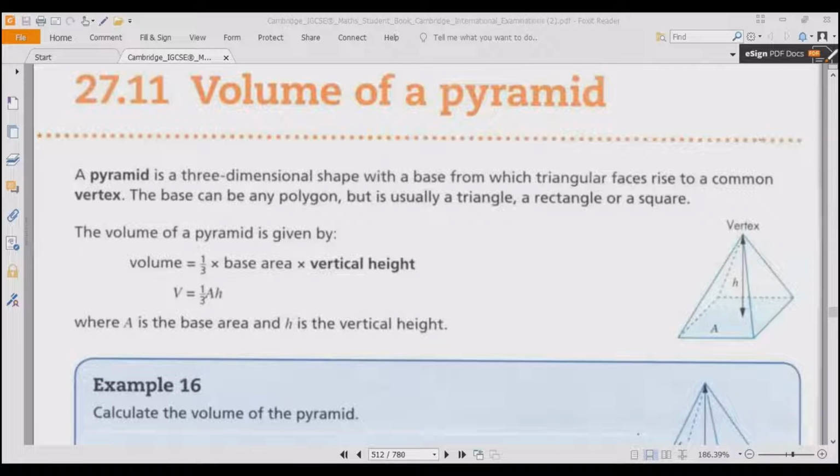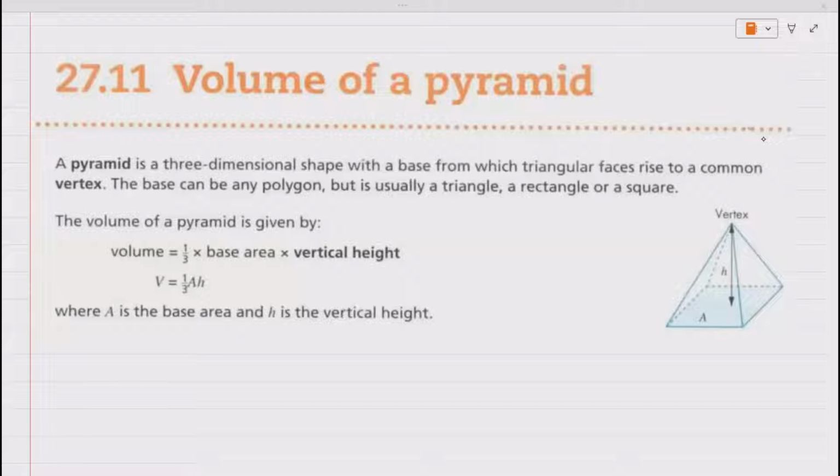Our today's topic is about the volume of a pyramid. Okay, so let's start today's lecture. Now,